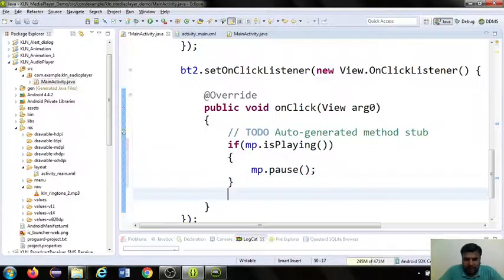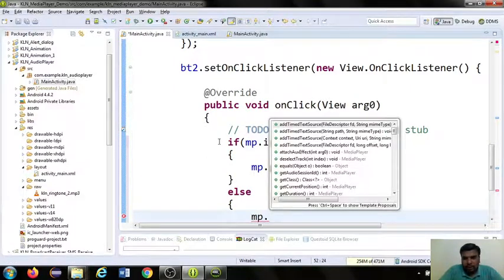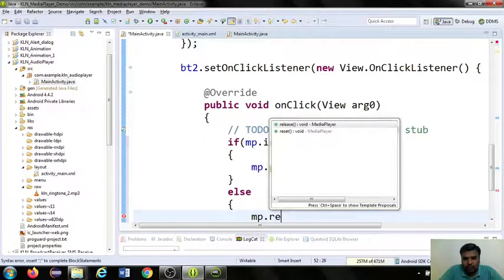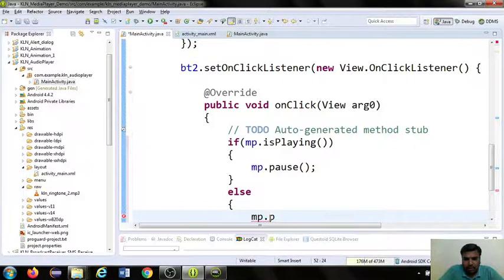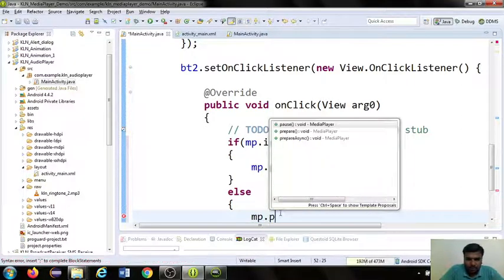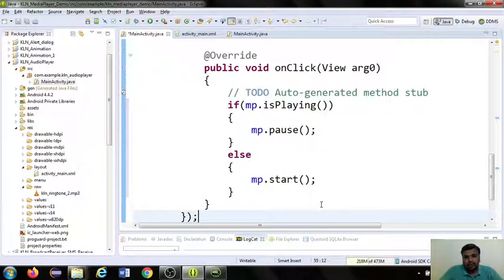If it is not playing any file, then you can use the method called mp.start. So that's all about your coding for the pause button.